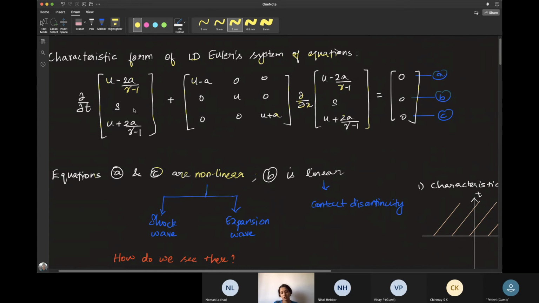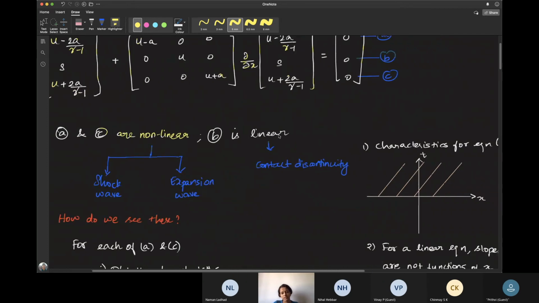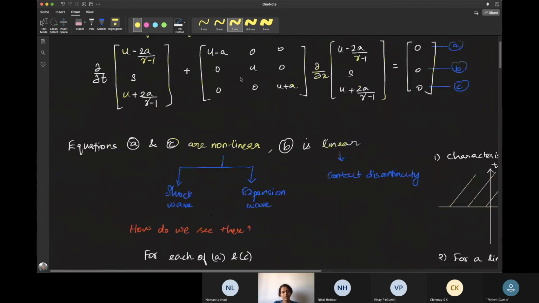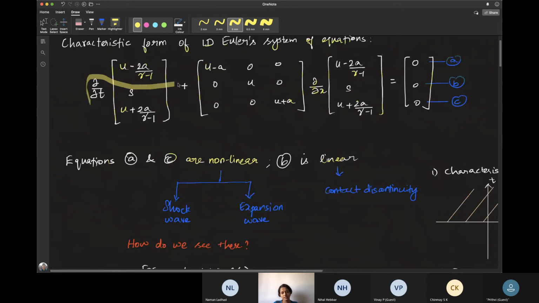If we decouple the Euler system of equations, then we observe the scalar equations. Two of those are nonlinear and one is linear. Now we have seen the theory for the nonlinear system. Now let's look at the linear system, that is equation B, where we have